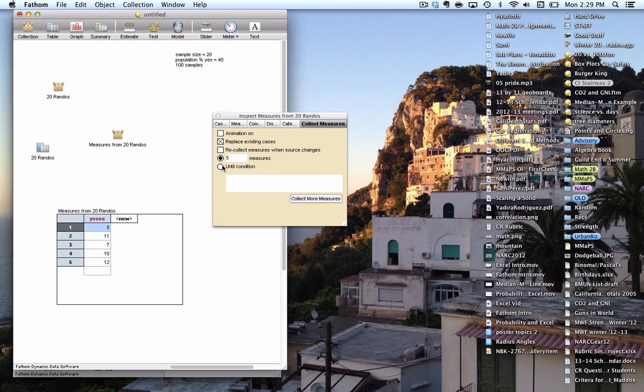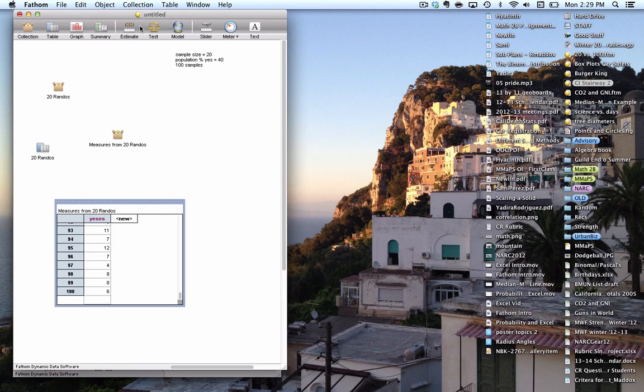You want to replace existing cases because I just want to have 100. You don't always necessarily have to do this, but I'm going to do it. I guess you could also hit 95 and then add it to 5. But here I'm replacing existing cases. I want 100 measures, aka 100 samples. I'm going to hit collect more measures, and here they are. Now that I've got these measures,